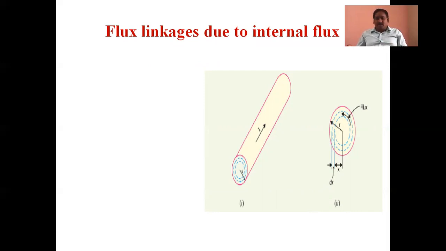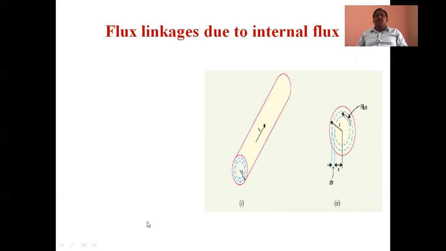And here also this is x. What does this x mean? X means the distance of a point from the center of the cylinder. At this point we have to calculate the magnetic field intensity, that is at the point x. X is the distance from the origin to the outer boundary of the cylindrical conductor along the radius. So we have to determine the magnetic field intensity at a point x from the center of the cylindrical core.